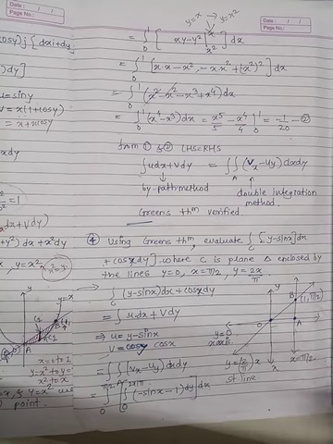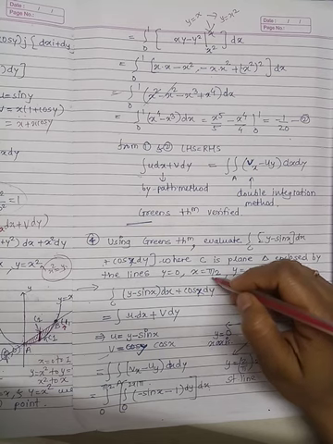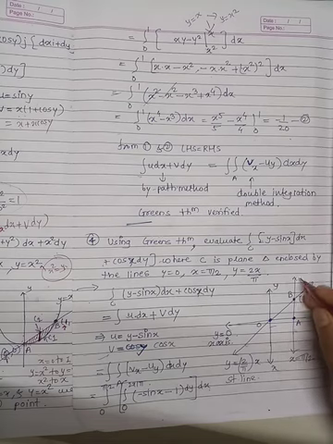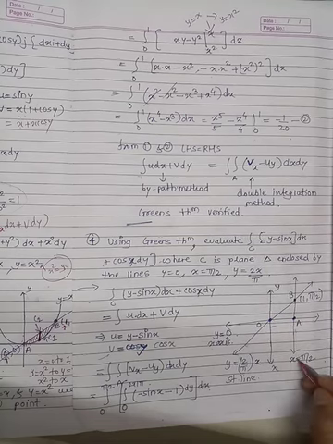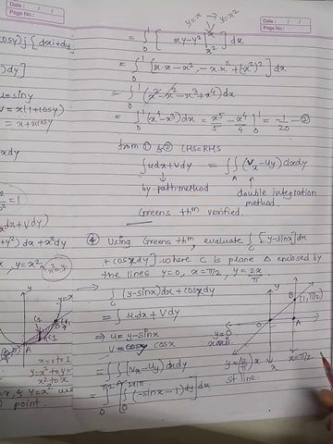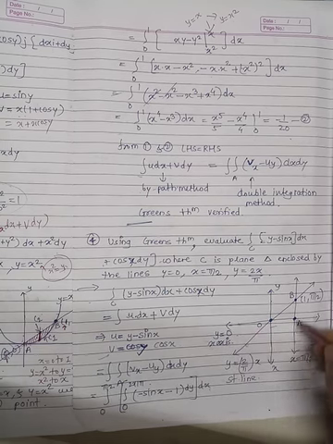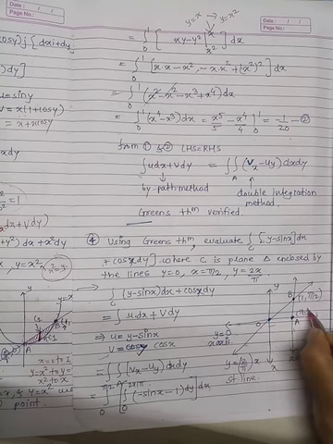Then x equal to pi by 2 is a basic type of equation which is parallel to the y axis. So take this as a straight line parallel to the y axis. This is your x equal to pi by 2 equation. This is your y equal to 0 equation, that is the x axis, and this is your x equal to pi by 2 equation. So this point is pi by 2, 0.